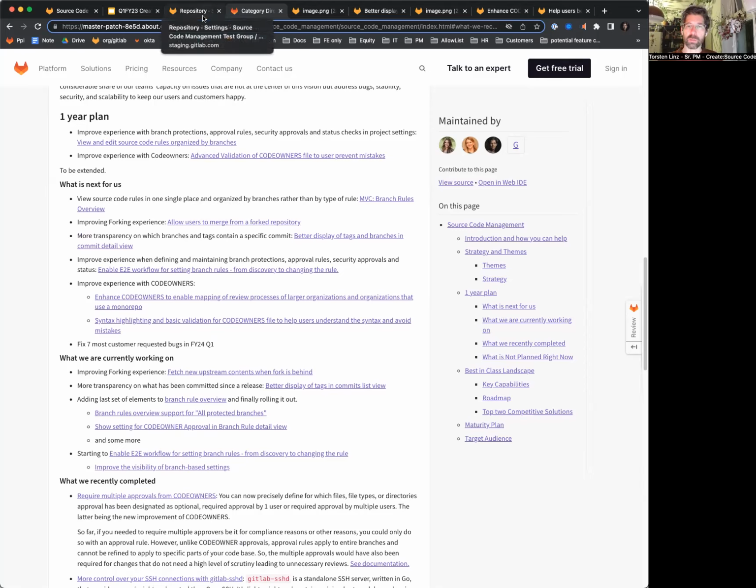Traditionally, our settings are in different places. We have settings for protected branches under repository. We have settings for approval rules and status checks under merge requests in the settings. And it was hard for users to put these different things together in their mind and clearly understand which rules apply for which branch. And it seemed to us that users want to think about the rules in connection with